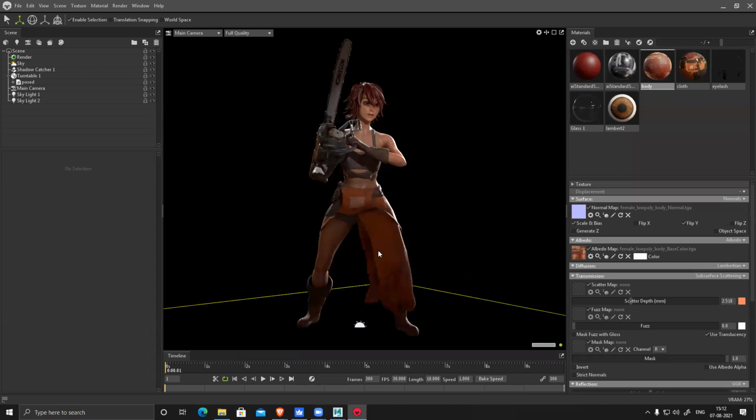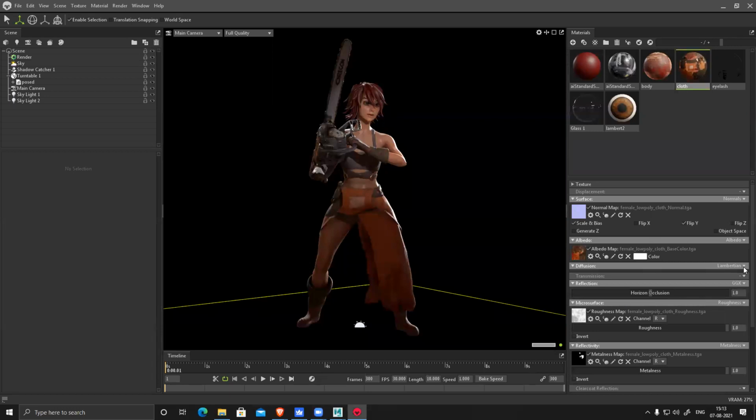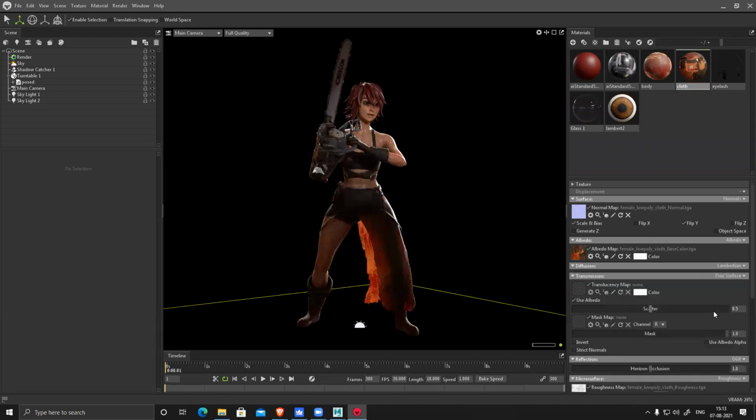And if you want to make it translucent or something, I can definitely do it. Thin surface. So you can see, I convert this into thin surface. You can see this got brighter automatically. You don't have to do anything.